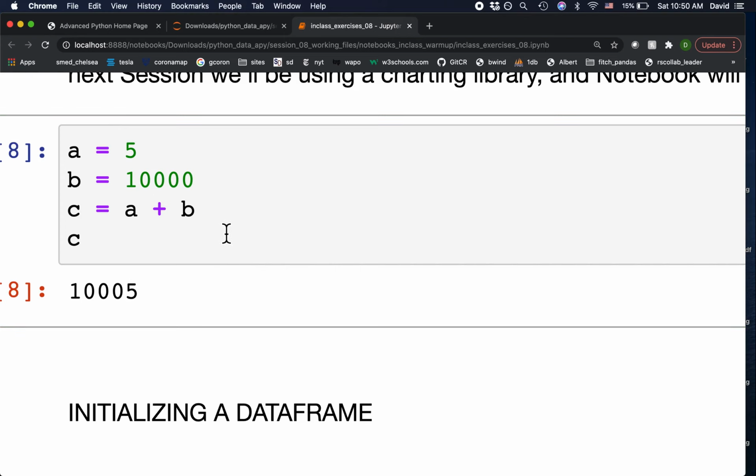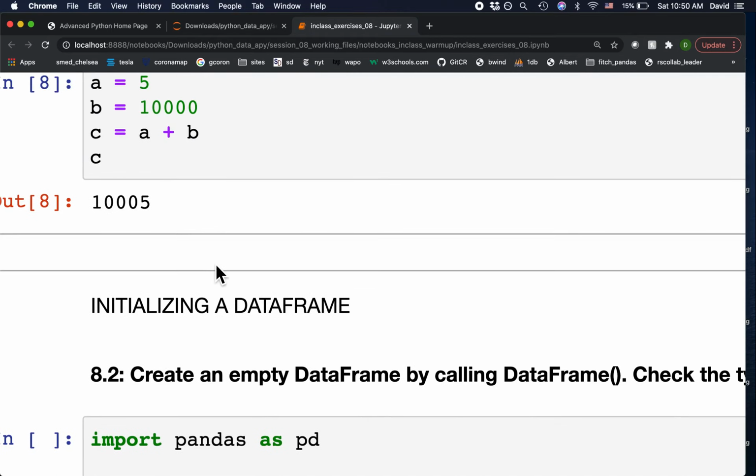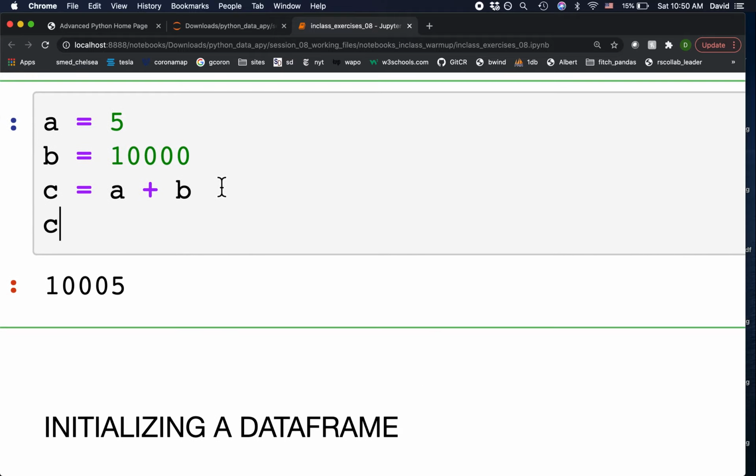So it becomes like a little scratch pad for doing work, similar to the Python interactive prompt, but a lot better because we have it all here and we can come back to this cell at any time, and then we can also go to other cells and do things as well. Here's the thing though, and one other little quirk, something to keep in mind. The last thing that we type in a cell will be the value that is shown. So if I say C times 2 at the end, I see the result of all these calculations, including C times 2. Or if I